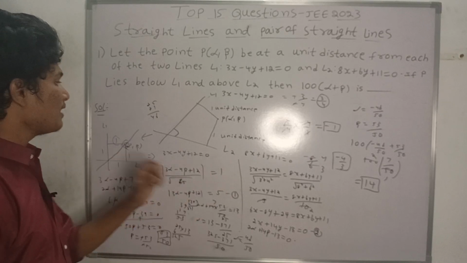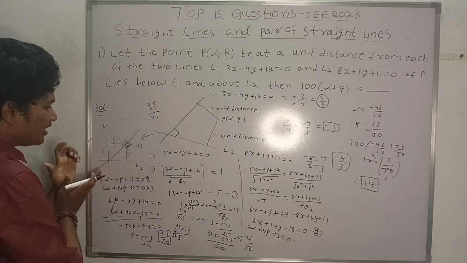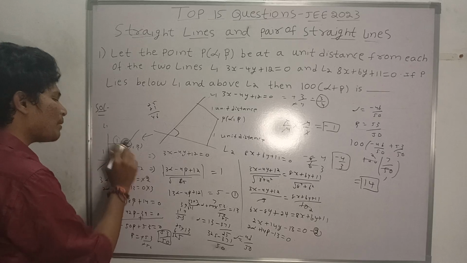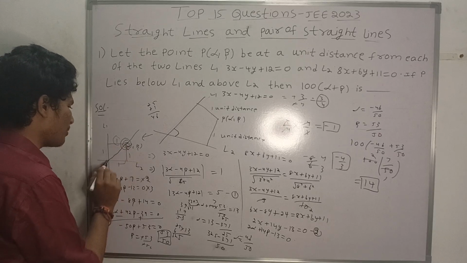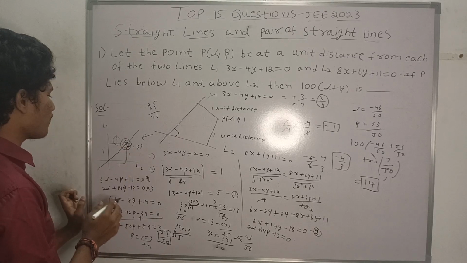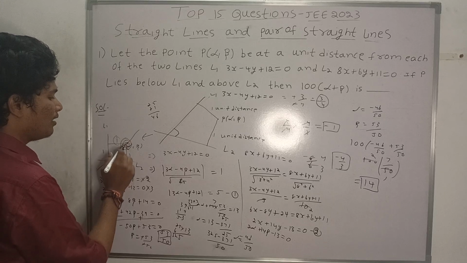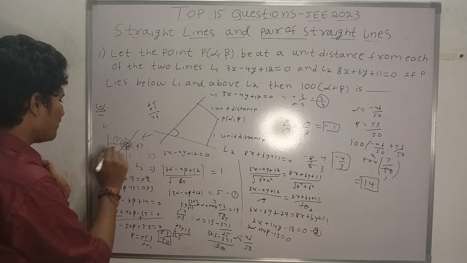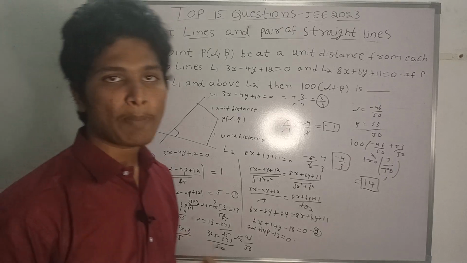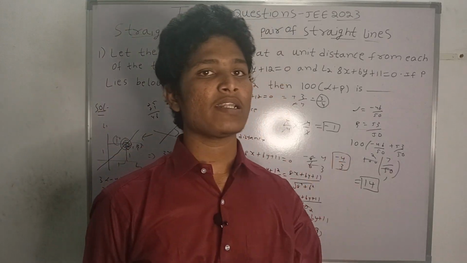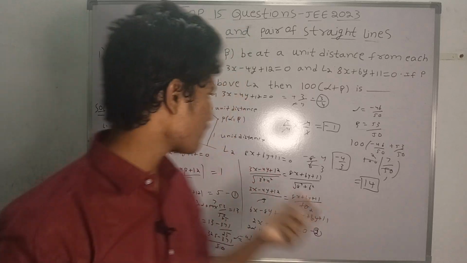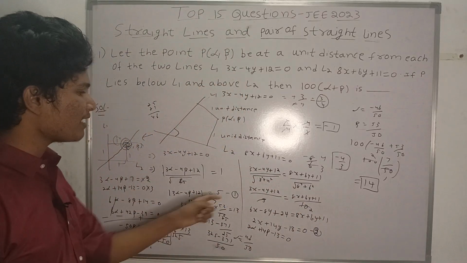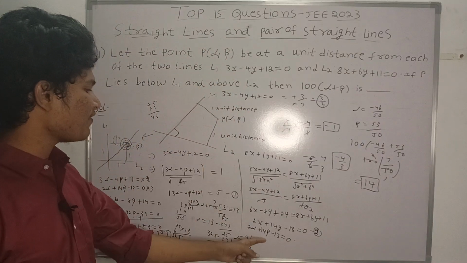And the second is the angular bisector equation of these two, L1 and L2. It should contain the point alpha beta, because this is a square formation. In the square formation, the diagonal and the distances from alpha beta are 1, 1, 1, 1. So the perpendicular distance is 1, so the angular bisector equation should contain the point alpha beta. From that I deduce one equation, and from the perpendicular distance I find another equation.